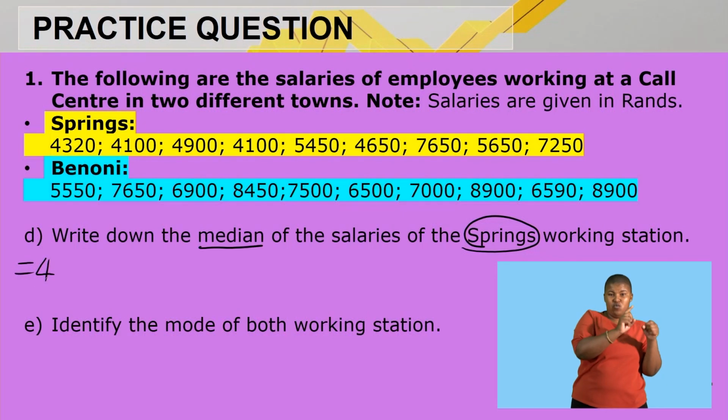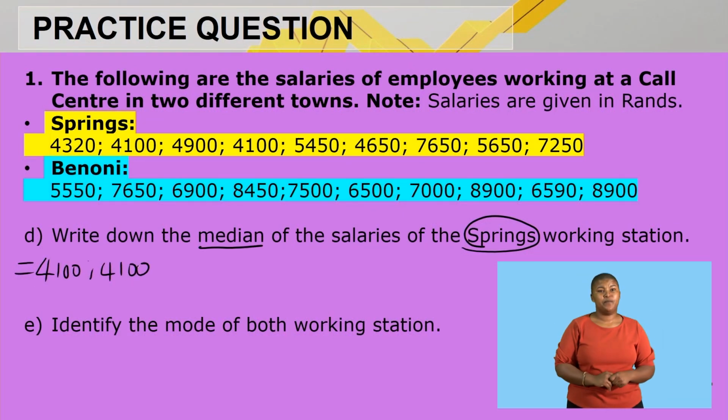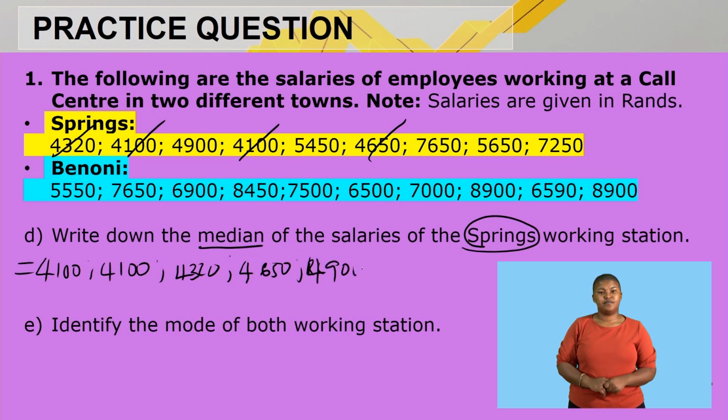So you have your 4,100, 4,100, followed by 4,320, 4,650, 4,900, and then followed by